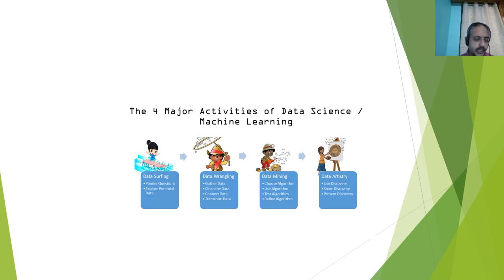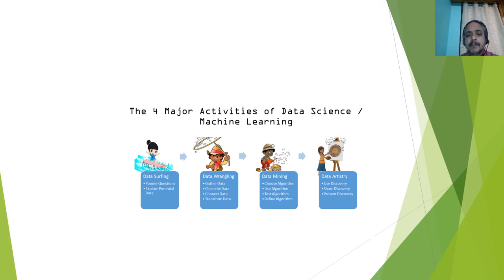He doesn't know anything about any programming language. He only knows about the quality of the data, at a high level. So they call them data surfers. Data wrangling, yes, this is the area where the entry level programmers will work. They will collect the data, clean the data, connect the data, and transform the data. So when we learn Python in more detail, we will work on all these steps: collection, cleaning, transformation, all those kinds of things. Most of the projects, 50% of the time, they spend on data wrangling.